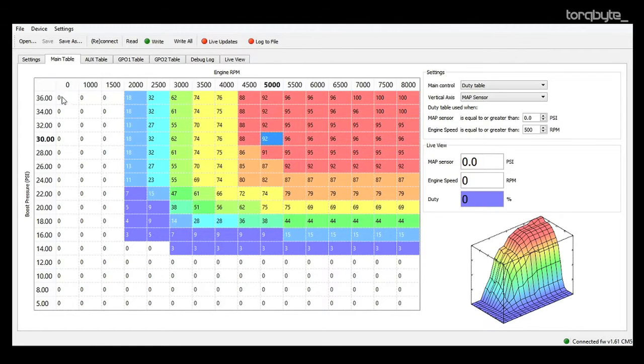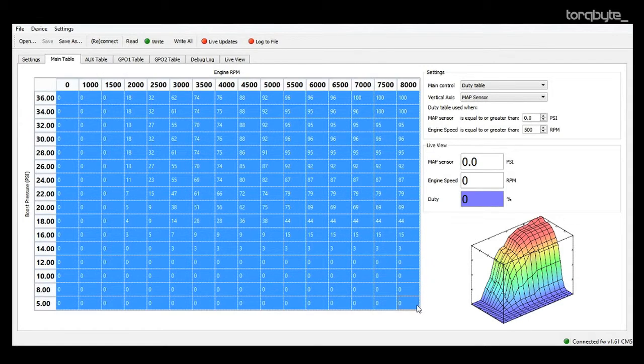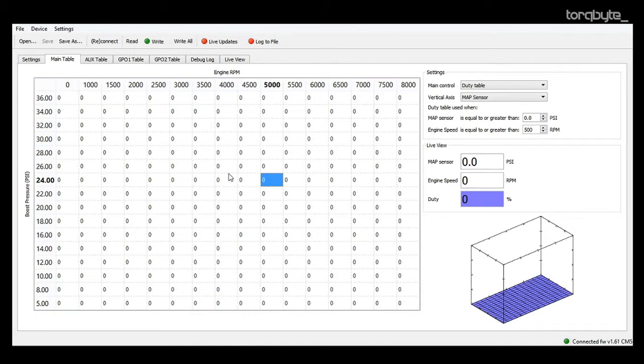So I'm going to zero out this whole thing. We can select the whole thing, and we can just hit delete. When I do that, it's going to set all the values to 0. To edit individual values, you just type in a number. You can hit tab to go to the next one, or you can hit the arrow keys, which also do the same thing. So I can put in a bunch of numbers here, and as I enter in the table values,